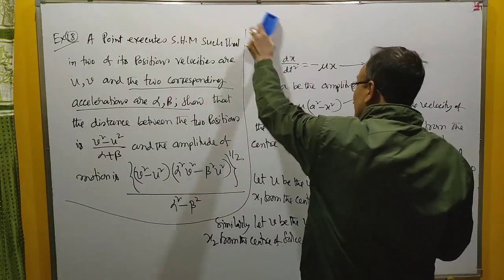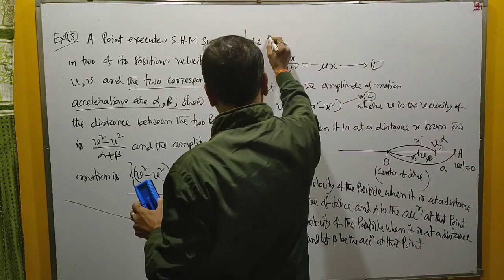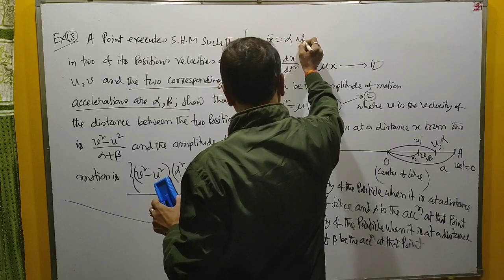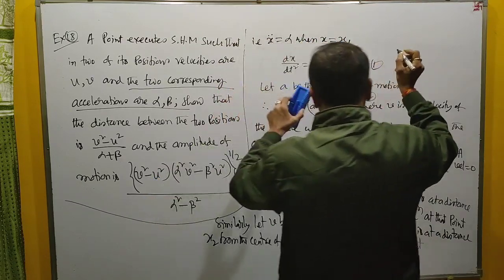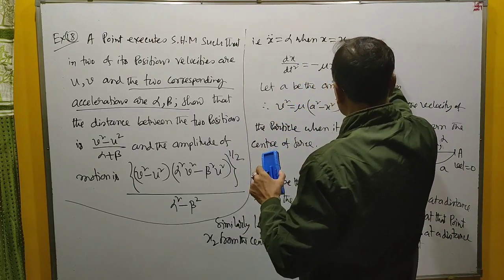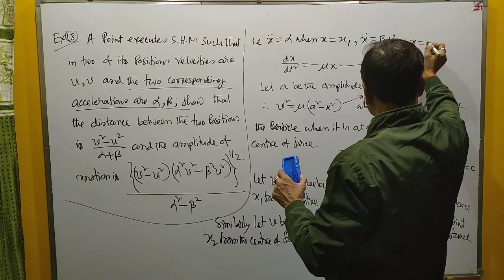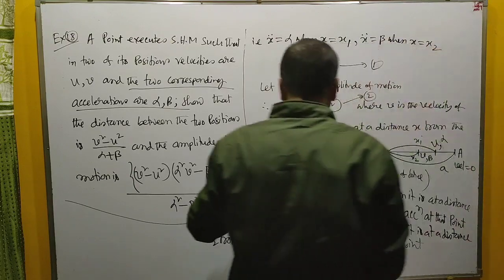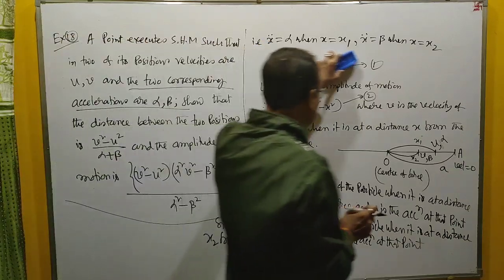Now, that is, x double dot equal to alpha when x is equal to x1, and x double dot equal to beta when x is equal to x2. Therefore, from 1 we will get: